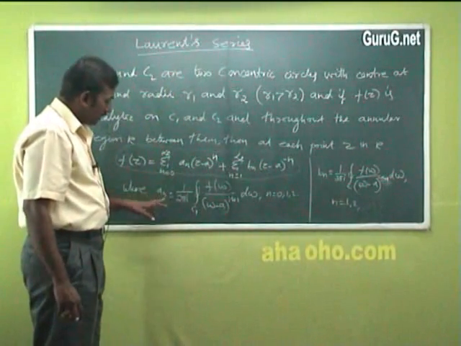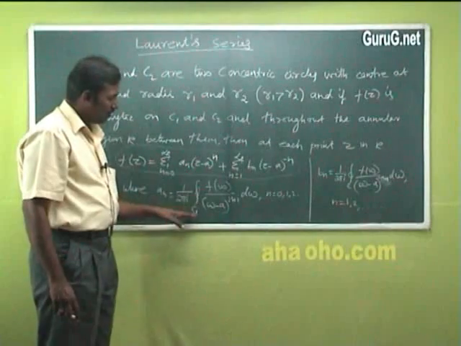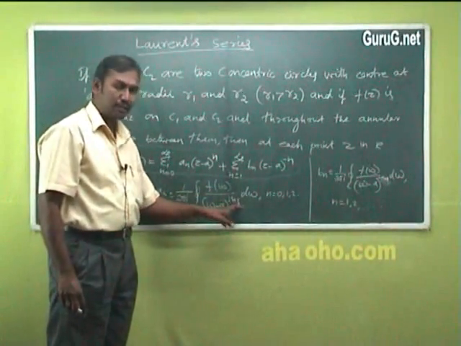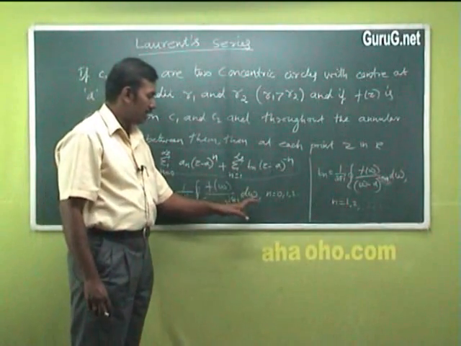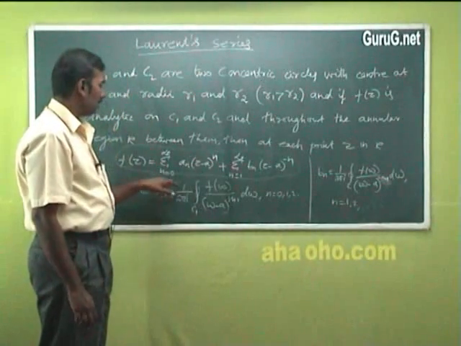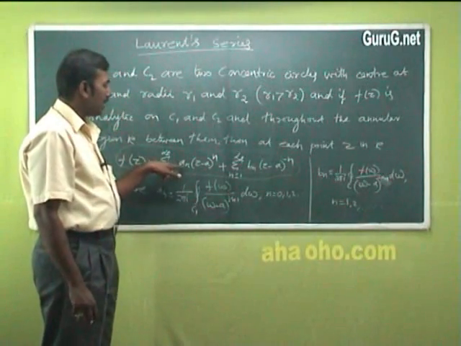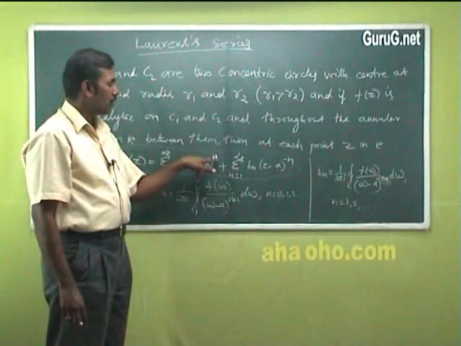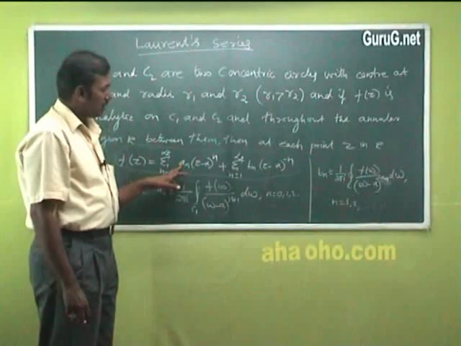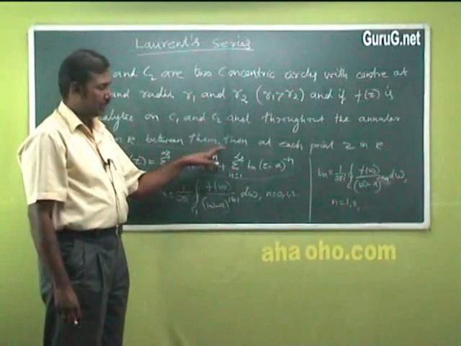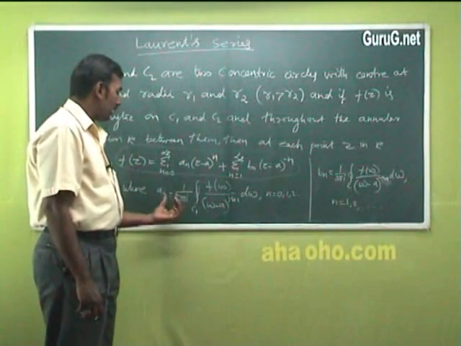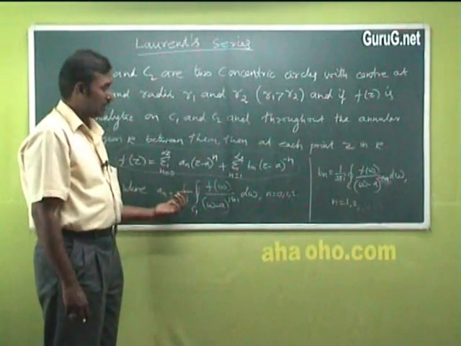Now a n is 1 by 2 pi integral over C1 f of omega by omega minus a whole to the power n plus 1 d omega, n varies from 0, 1, etc. So put n equal to 0, we get a naught. So this can be written as a naught into z minus a whole to the power 0 plus a1 into z minus a whole to the power 1 plus a2 into z minus a whole power 2, like that. So a naught, a1, a2 are the constants. You can apply this formula, and you may get the values of a naught, a1, a2, etc. Right? Similarly,